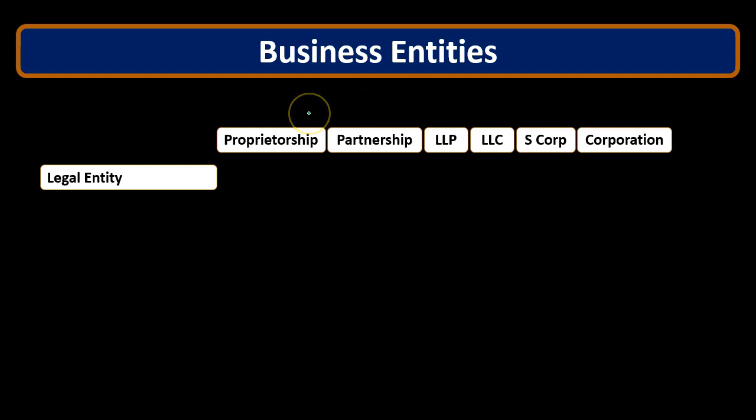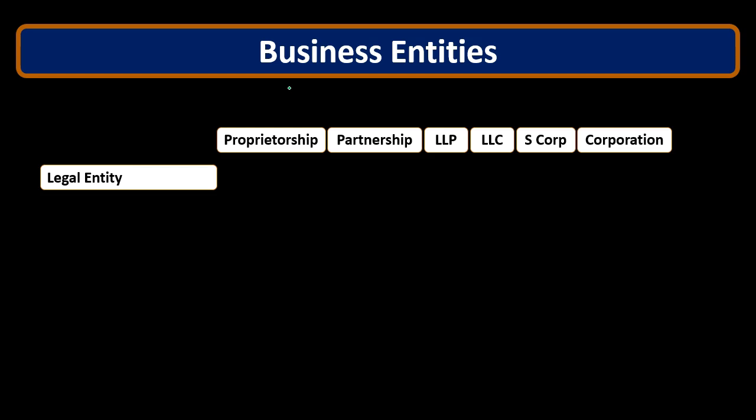So we've got the sole proprietorship, the partnership, the LLP, the LLC, the S corporation, and the corporation. Now note, we're focusing here on the partnership, and the partnership and the LLP and the LLC will function similarly when we do the bookkeeping. Note that all of the types of entities will have most of the bookkeeping basically the same, meaning if we pay the utility bill, if we pay our employees, that kind of stuff, all the normal journal entries will remain the same no matter what type of entity we are.